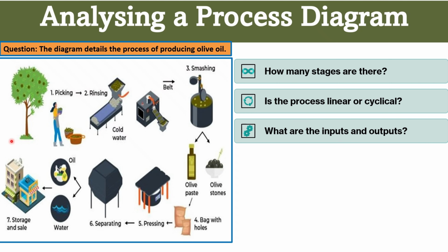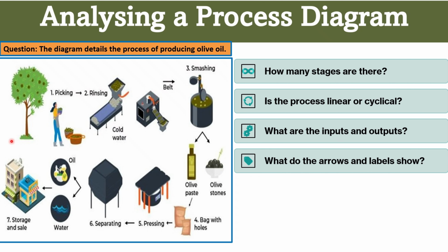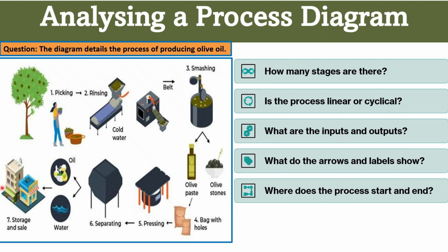What are the inputs at the beginning, and what is the final output? What do the arrows and labels tell us about the flow and transformation? And finally, where does the process start and end? This kind of analysis will help you group your ideas and use the right language in each stage of your